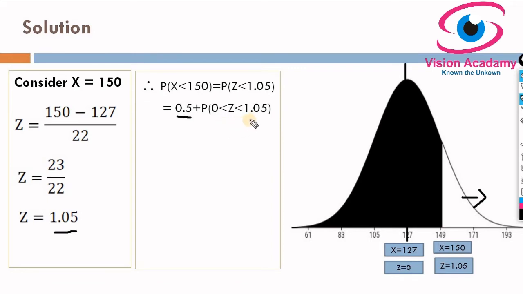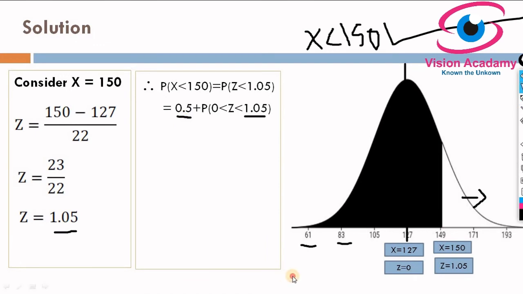The Z score value we obtained for Z value 1.05 is only for the upper tail region, but our interested area is not from the upper tail region only. Even if the semiconductor is 83, it is going to be accepted. Even if our semiconductor is 61, it is going to be accepted, because a semiconductor is acceptable if it falls below, less than 150. So whatever the amount of x falls below 150 is going to be accepted. So I have added 0.5 here.